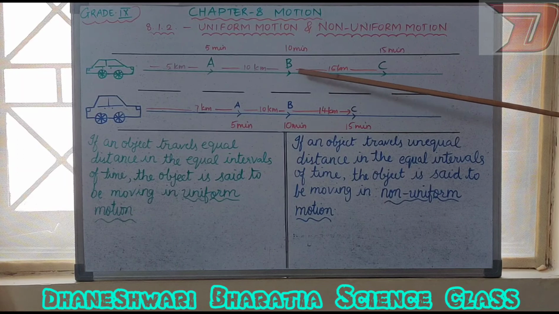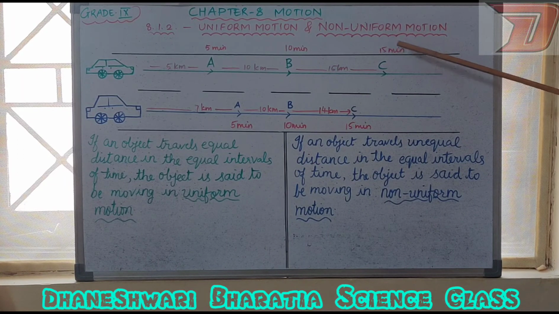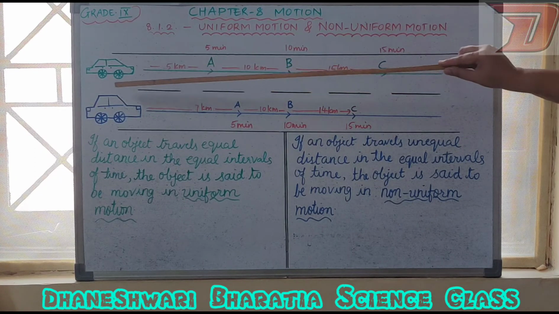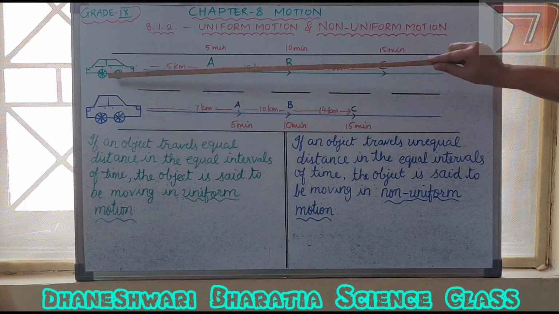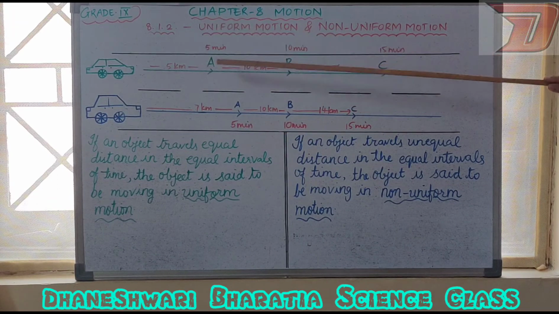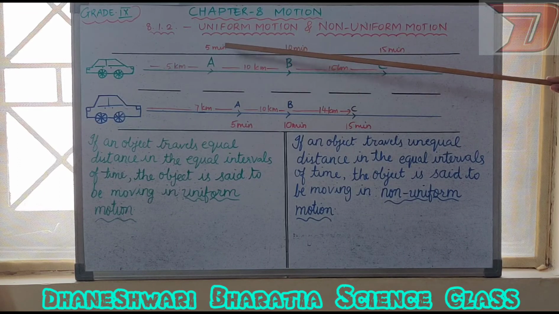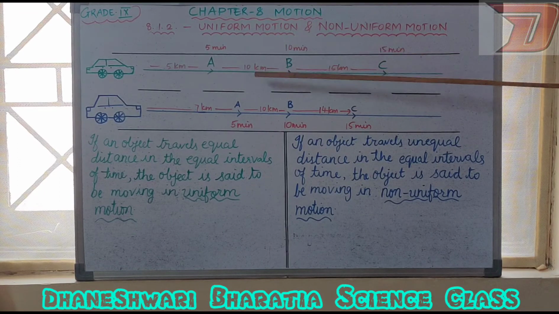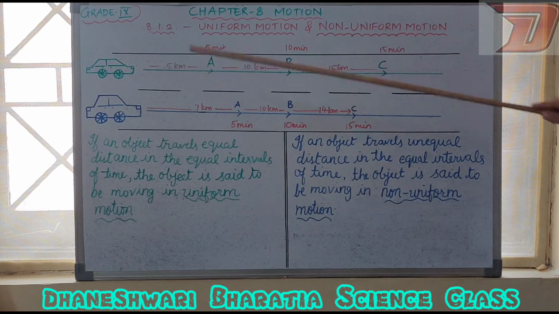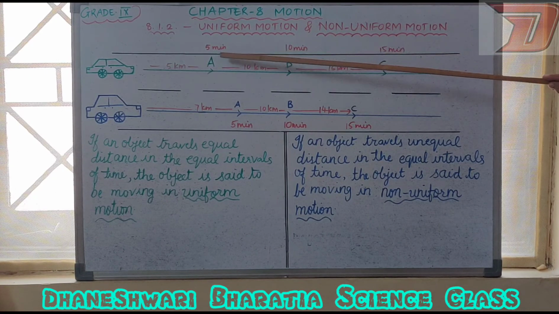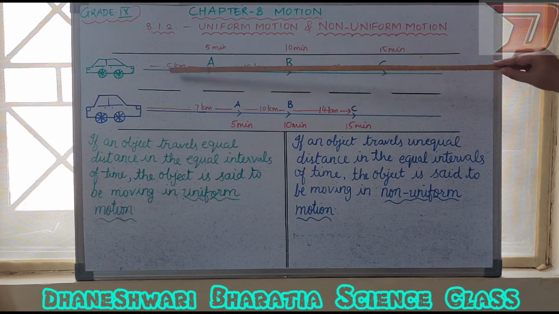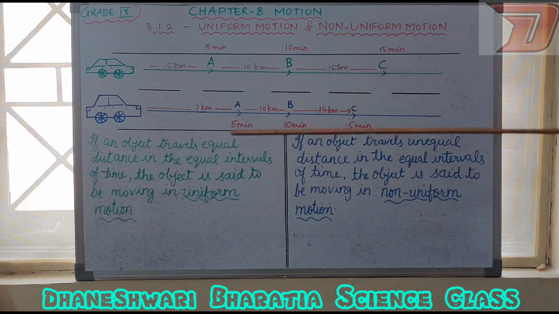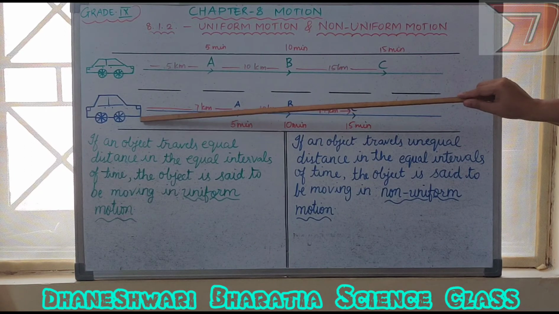Now the same car in the next 5 minutes, that is after 15 minutes from the origin, it has covered 15 kilometers. That is, in covering the next 5 kilometers, how many minutes does it take? 5 minutes, right? So if you will notice that starting from the origin, this car is covering 5 kilometers in 5 minutes. First 5 kilometers in 5 minutes, next 5 kilometers in 10 minutes, next 5 kilometers in again 15 minutes, isn't it? So here we can say that with the regular interval of time, the distance is also the same, right?